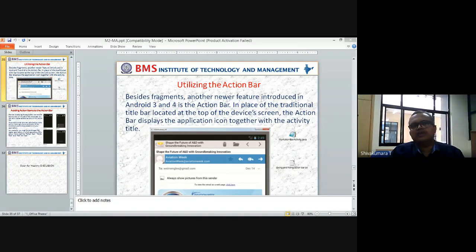To make you understand, in support of my presentation, I used some of the other websites to make you understand better what exactly the action bar is, and how you can create the action bar, how you can hide it, how you can make it visible to the application user, and so on. We will discuss now. First, let us understand the definition of the action bar.